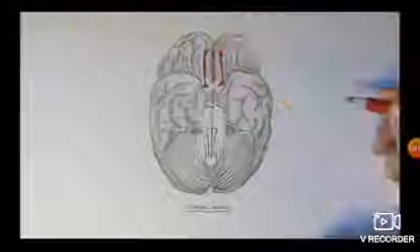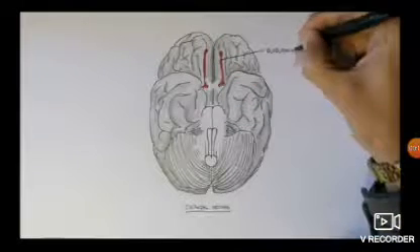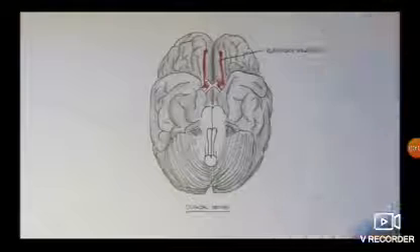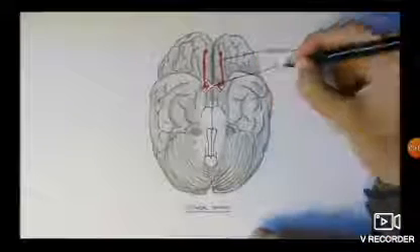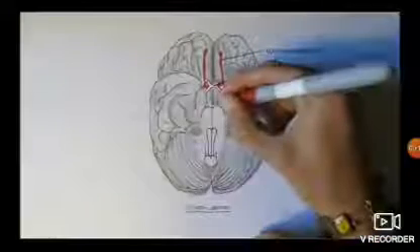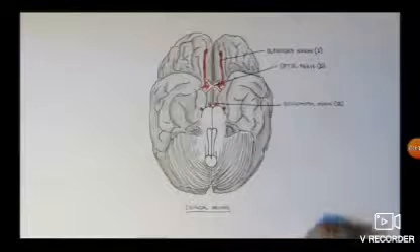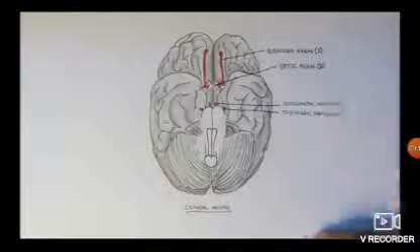In this video, I am going to discuss the cranial nerves. We have 12 cranial nerves. Number 1 is olfactory, number 2 is optic, number 3 is oculomotor, number 4 is trochlear, number